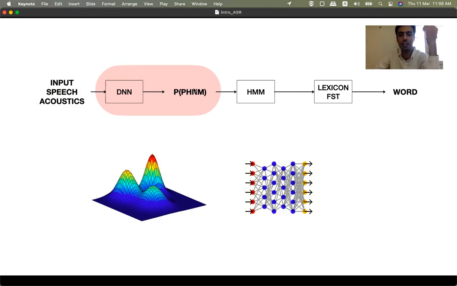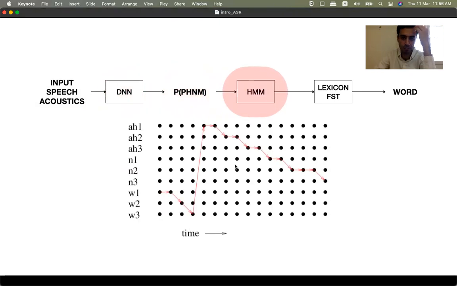This state could be anything. It could be phonemes, triphones, whatever you like, right? So ultimately you want to get the probability of different states given the X. Then you are using HMMs. In the HMMs, you are stringing together these words. You string them together, and you say,